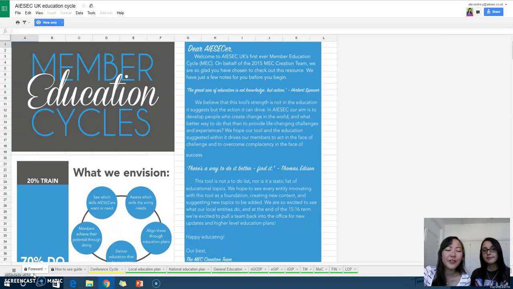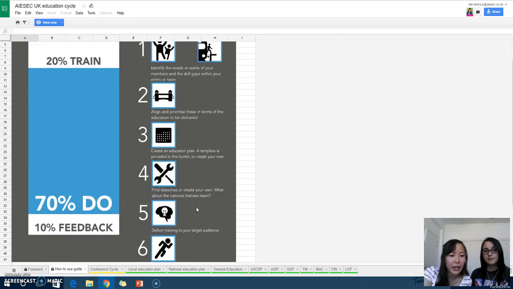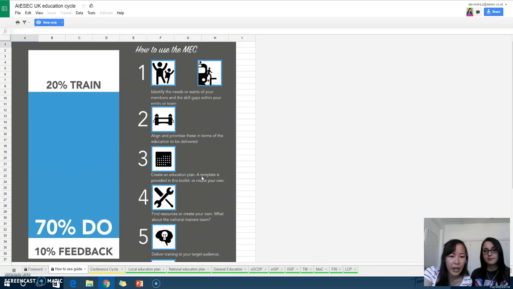So in front of you, there's a member education cycle. This is designed based on last year by our lovely Kimi. This year, we are going to update it in a nicer layout. But the idea of this member education cycle is that we give you a guideline from the national point of view of what kind of education you should be downscaling in your LCs at different points in time. As I said, this is more like a guideline for you. You don't necessarily have to do everything. Take it as some guidelines and take whatever is suitable for your LC reality.